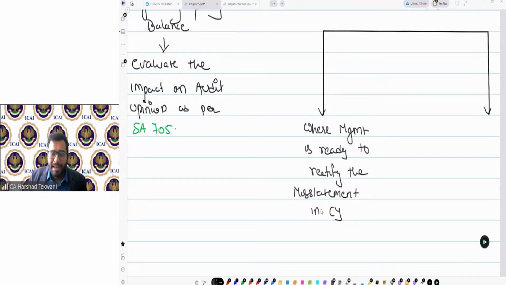Second scenario, the closing balance is also materially misstated.